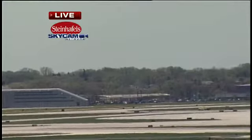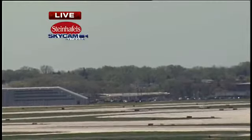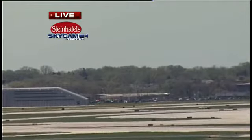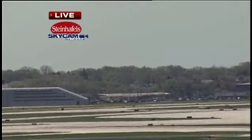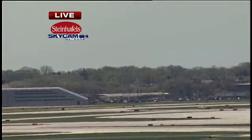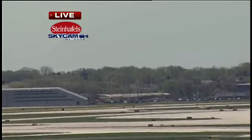All right, again, we will keep monitoring this breaking news situation. Again, that plane, the KC-135, a four-engine aircraft for the 128th Air Refueling Wing based out of Mitchell International Airport, is circling the airport right now, burning off some excess fuel before it attempts an emergency landing. As we pointed out in my conversation with the lieutenant, the vast majority of these end just fine. These are precautions, but as you see the emergency vehicles out there at Mitchell International right now awaiting that landing, we will bring that to you as soon as we know the landing